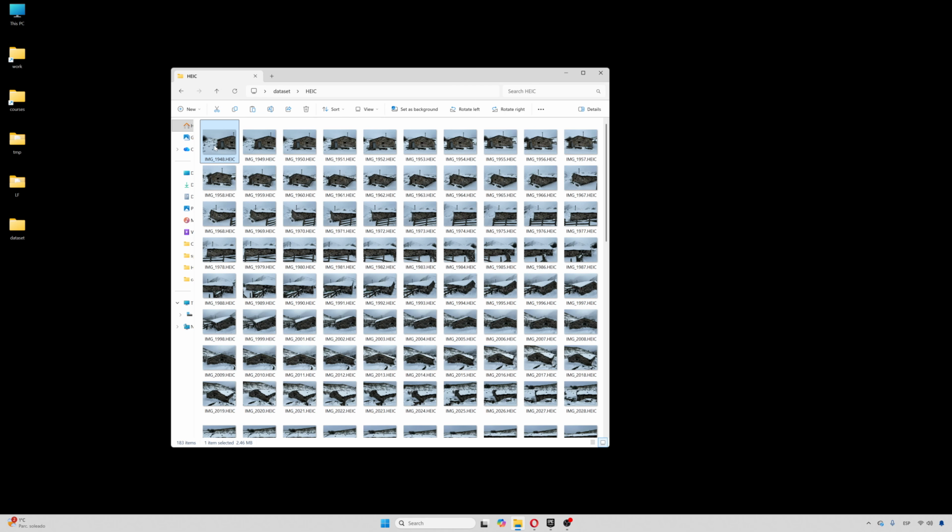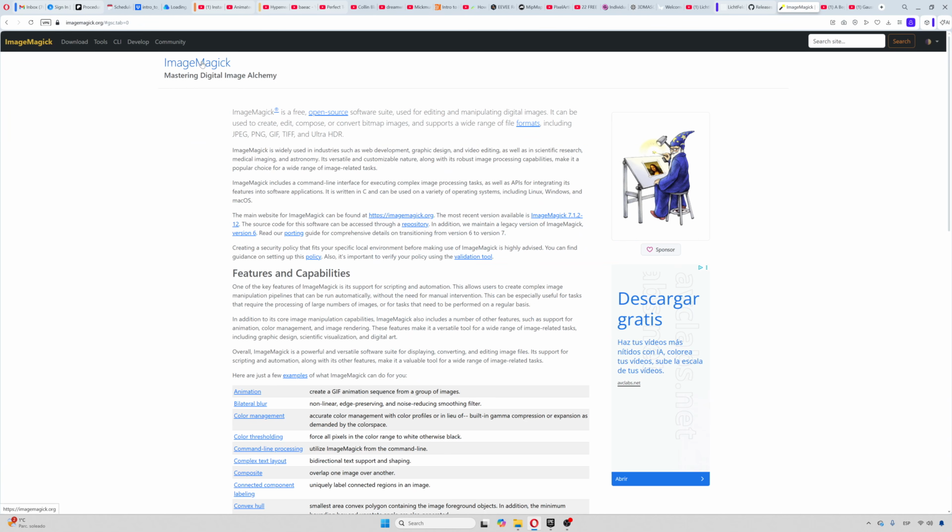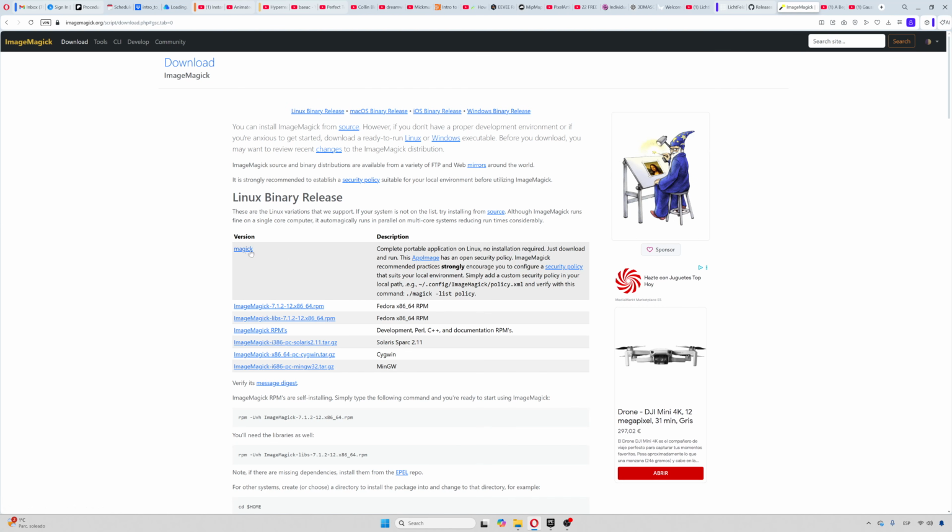So if that is the case, you can do it in multiple ways, I guess. If you own a Mac computer, it's easier because it's a native format. Otherwise, the best way of doing it, in my opinion, is with ImageMagick, right? If you download ImageMagick, which is free open source software that you can run from the command line, you just need to go here,